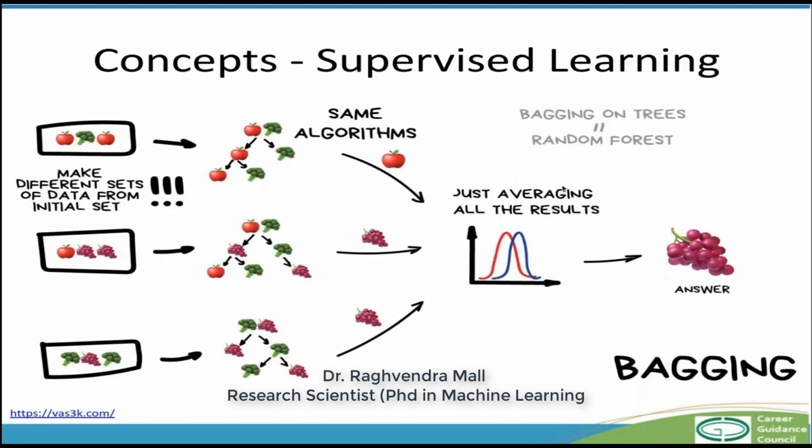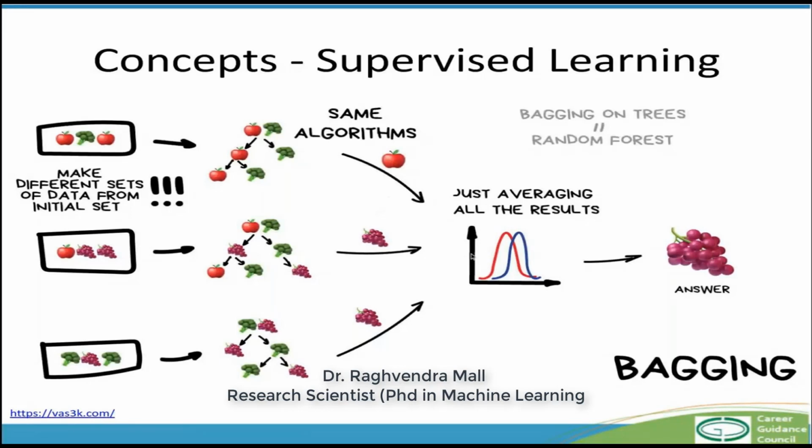Then, the example that I gave you of apples versus oranges, the same thing applies. Here I'm giving you an example of bagging, which is one of these techniques in supervised learning, where you make different sets of data. What you do basically is that you are given a big amount of data, and you take subsets of this data, and from these subsets you build models, and then you aggregate these models. When the majority of the models are saying that this particular fruit that you're looking for is an apple, then it will predict that this is an apple.